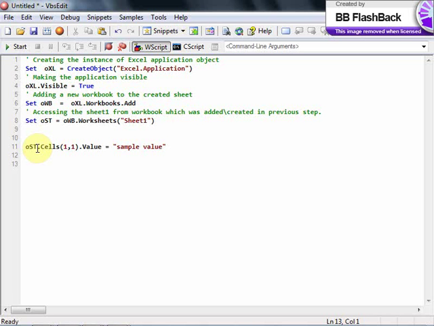Then once we do that, what should be next? We need to save that, right? We have not given any path or anything there. So once the file is created and you make some changes, you must save it. To save it, you don't save the application, you save the workbook which is created. Always remember that we save the workbooks, not the application directly. Which is the workbook here? OWB is the workbook here. Then OWB dot,